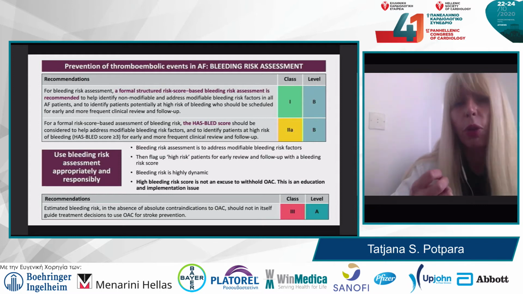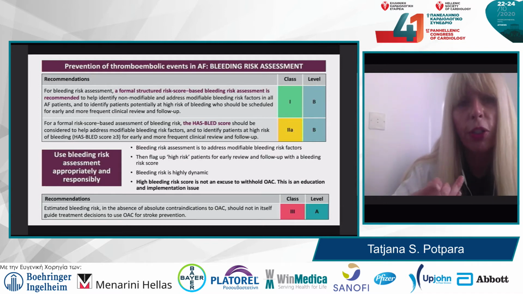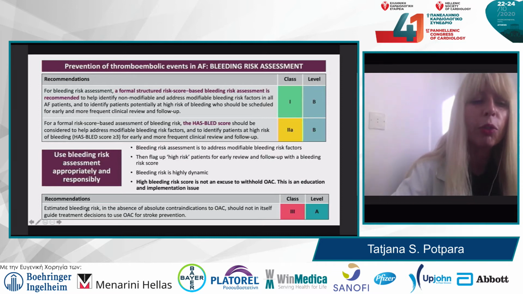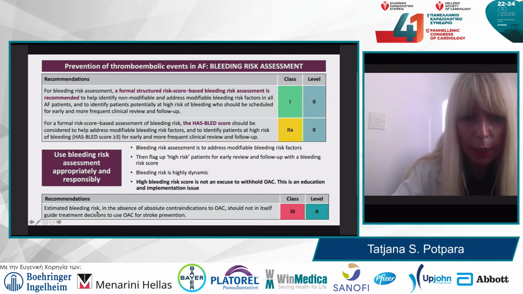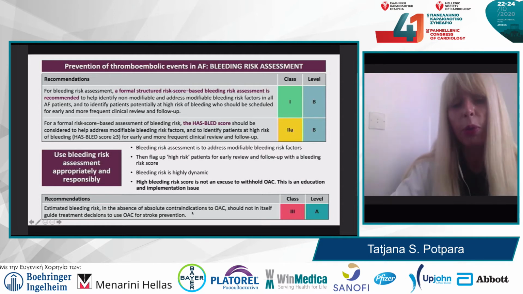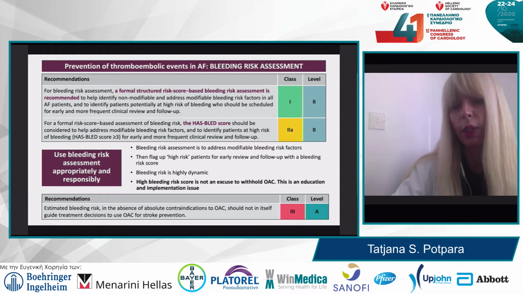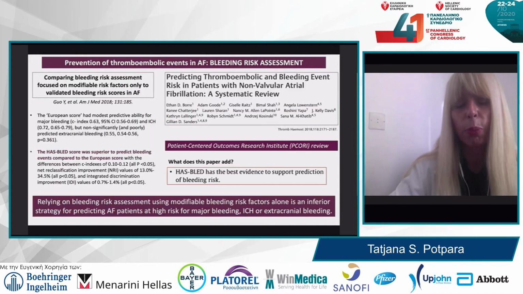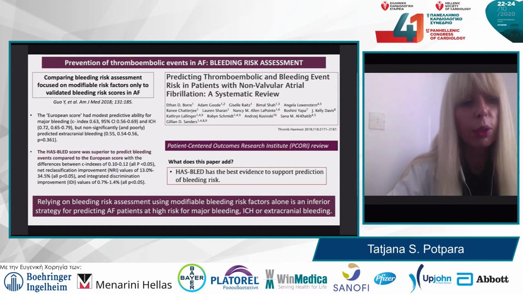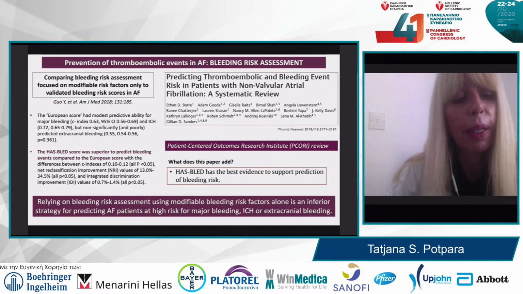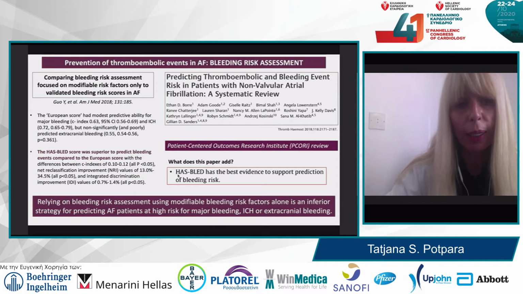So to facilitate optimal use of bleeding risk assessment and optimal appreciation of that information, we have also introduced the recommendation that estimated bleeding risk in the absence of absolute contraindications to oral anticoagulant therapy should not in itself guide treatment decisions whether to use oral anticoagulant therapy or not for stroke prevention. Why formal structured bleeding risk assessment instead of just addressing modifiable bleeding risk factors as previously has been recommended in 2016 ESC guidelines? Well,